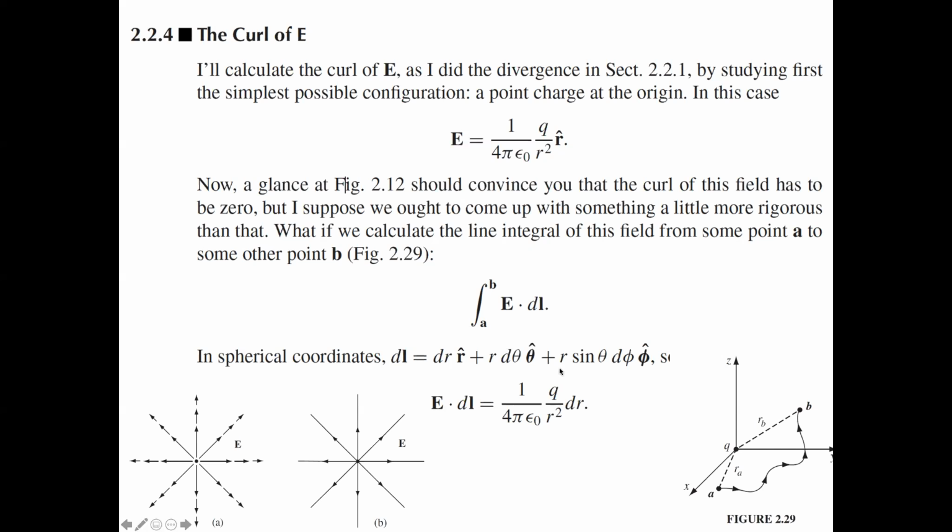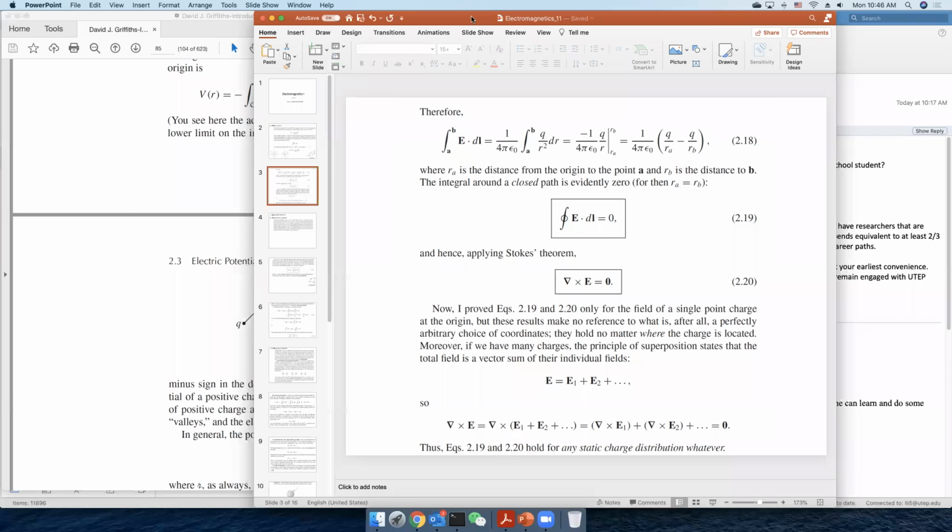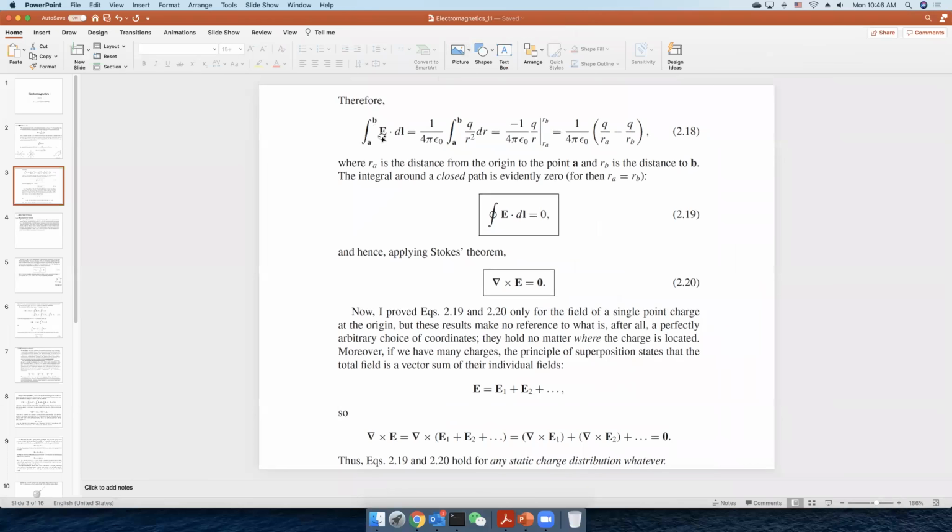in the spherical coordinates. If you forget it, you can go back to chapter 1 to see how we derived dl equal to such an equation in spherical coordinates. So in this case, E dot dl becomes this equation. And therefore, okay, let me use the pencil. Therefore, if you do the integral